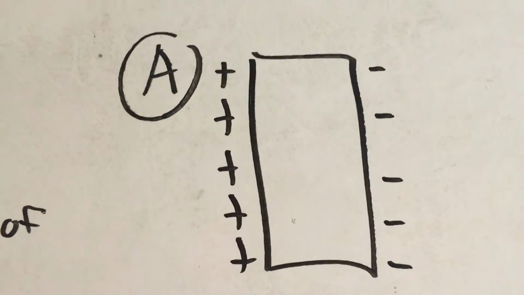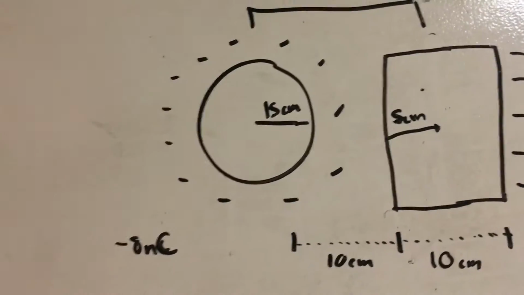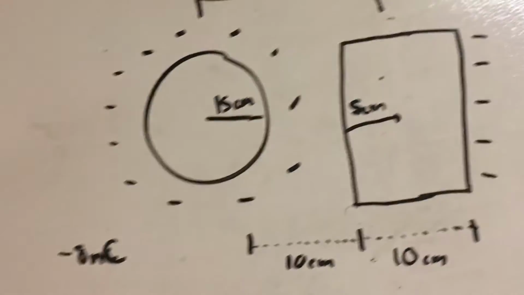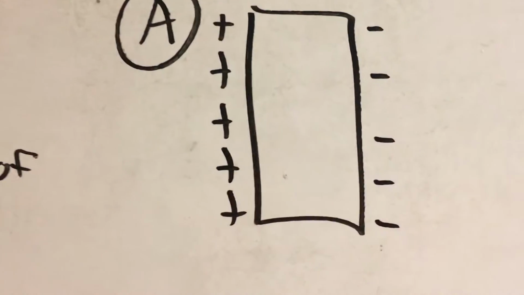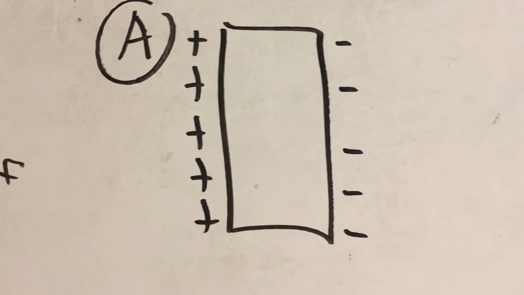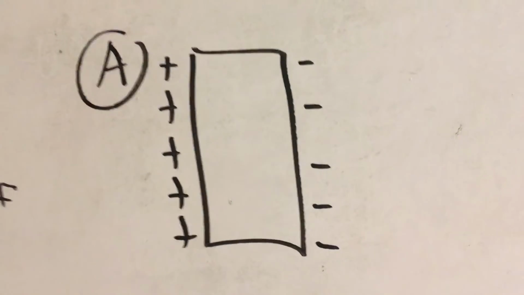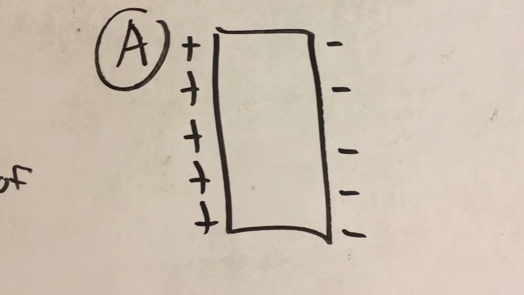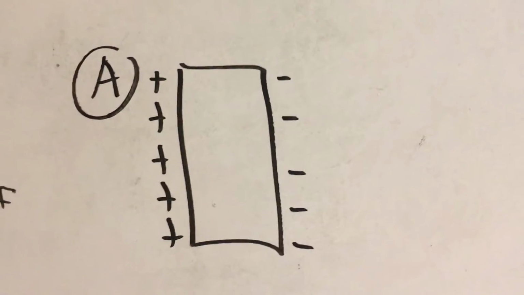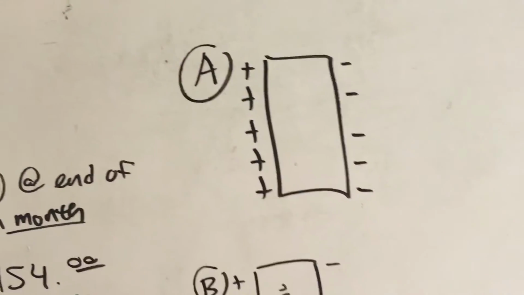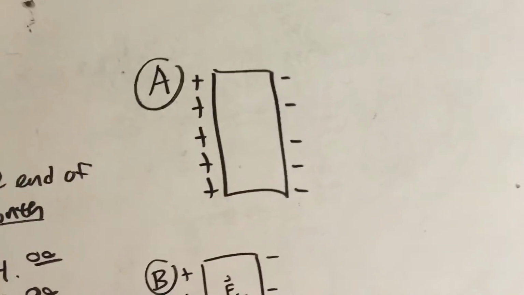So this is what I did for the approximate charge distribution. Since all of the negative charge is surrounding the sphere, it's going to cause there to be a positive charge on the side of the block closest to the sphere and negative on the other side. This is due to the sphere giving off a net negative charge. The metal block will be polarized with the side closest to the sphere bearing a positive charge and farthest away